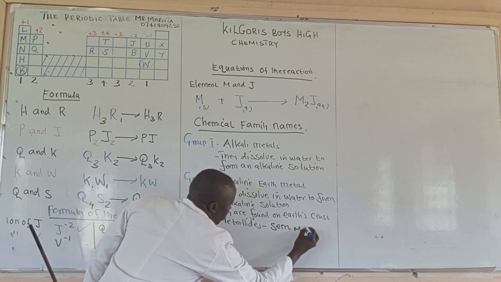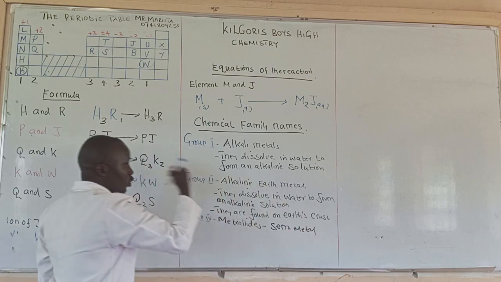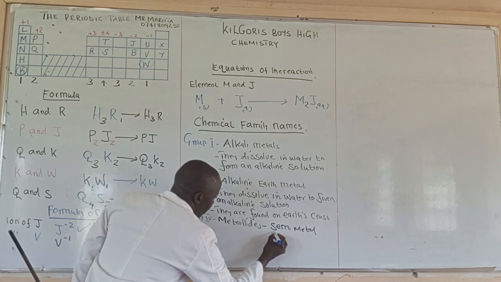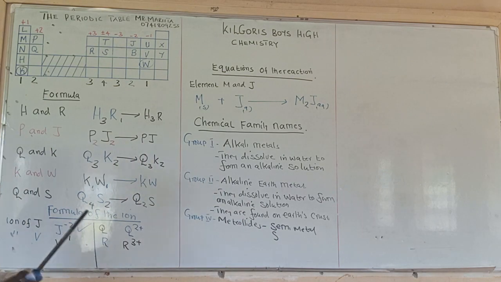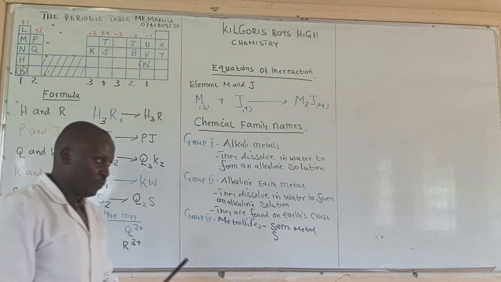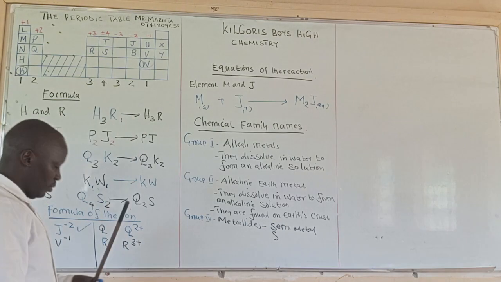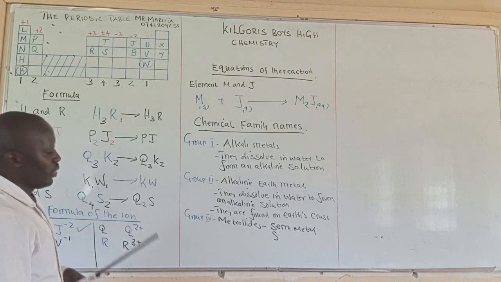They are the same metals. This is the group where we are getting an element like silicon. Group 5, we do not have a family name. Group 6 has no family name. So another family name is, we go